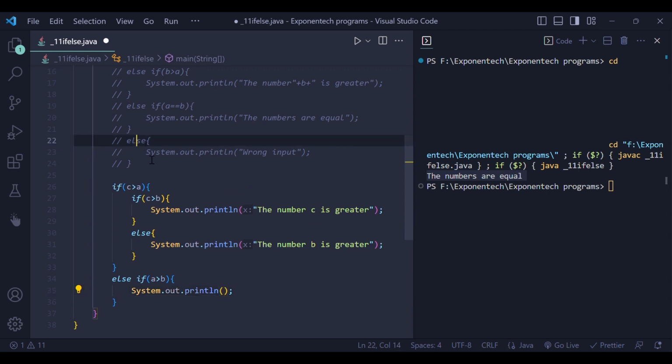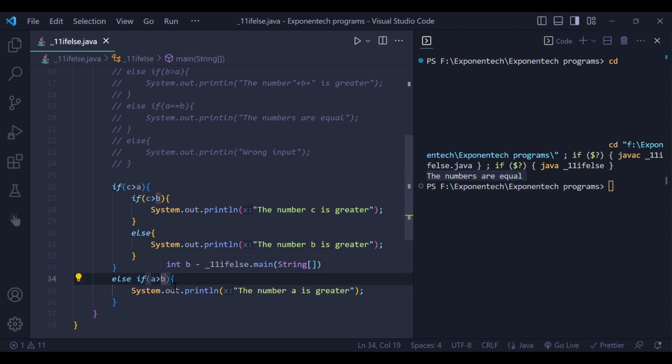Here, if this condition fails, c is not greater than a, so obviously a is greater than c. And if a is greater than b, this condition will be true and the number a is greater, right? If a is greater than c, and a is greater than b, the number a is greater. If this condition fails, then this condition is true. Okay, so let's run this program